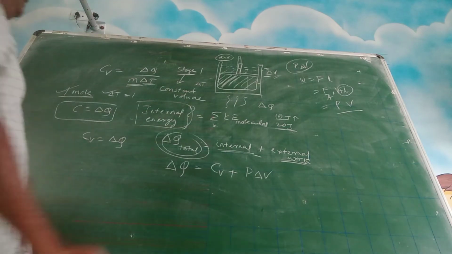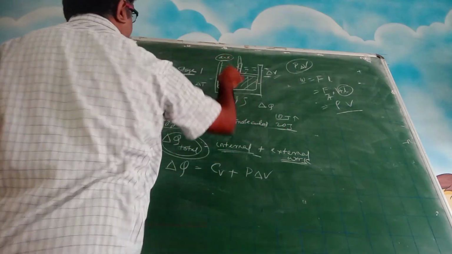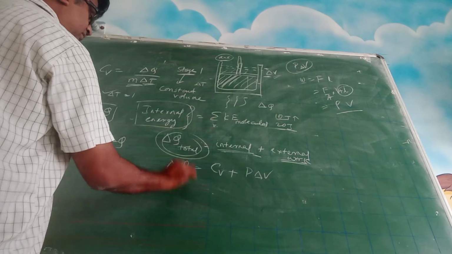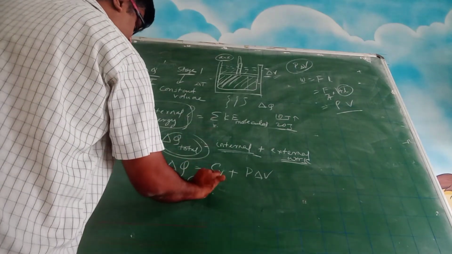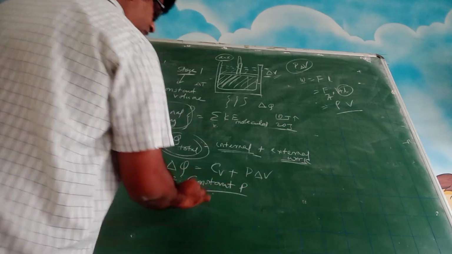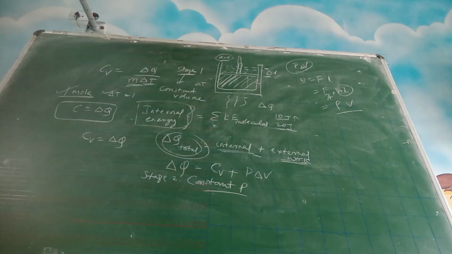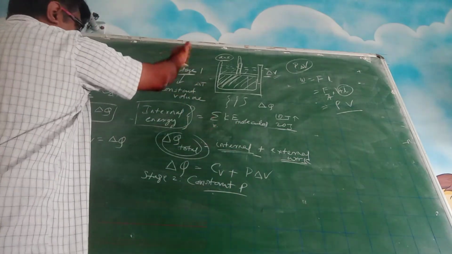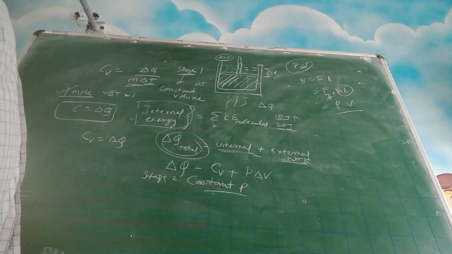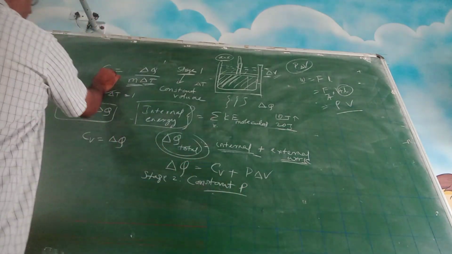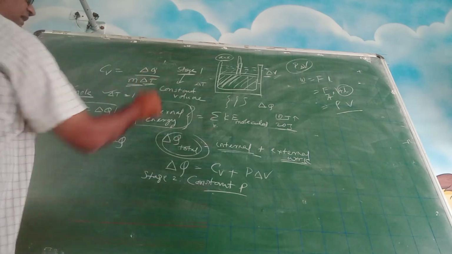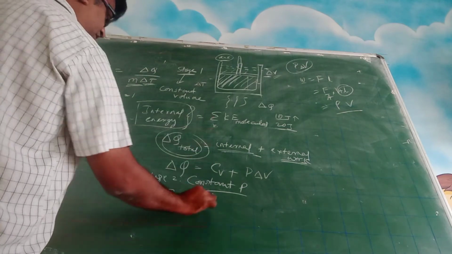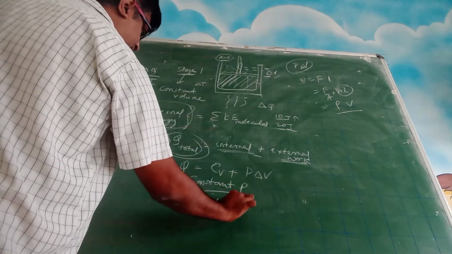Okay. You can see here in the final stage, the pressure outside and the pressure inside is equal. So stage 2 is operating at constant pressure. So basically the process of supplying heat we are discussing in terms of two stages. We are not seeing it in isolation. Stage 1 first happens, then stage 2 happens. Now if this is happening at constant pressure, the same expression, because the denominator anyway is 1 into 1, this delta Q will become Cp is equal to Cv plus P delta V.